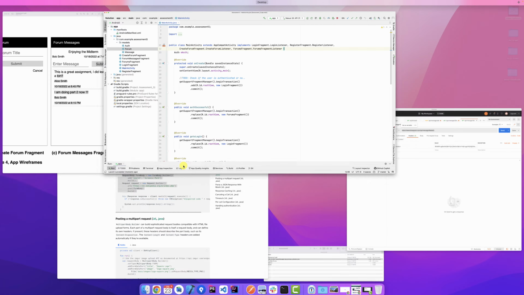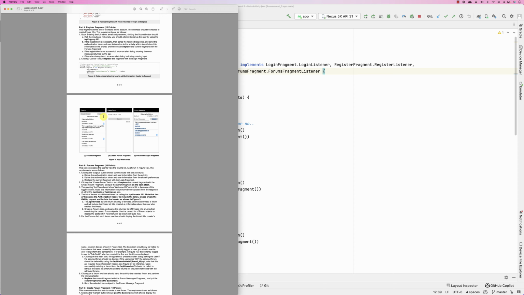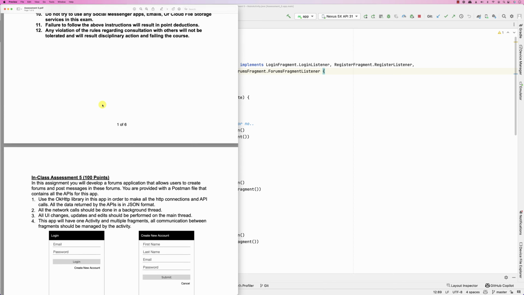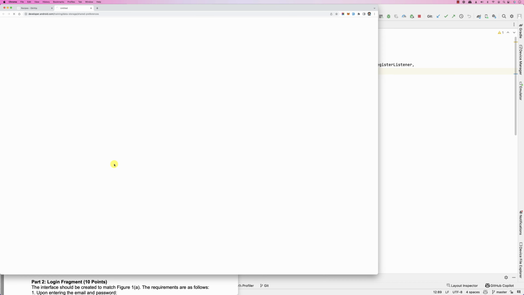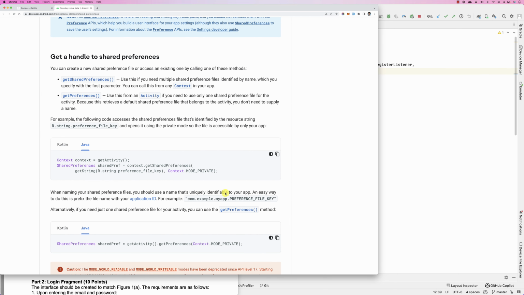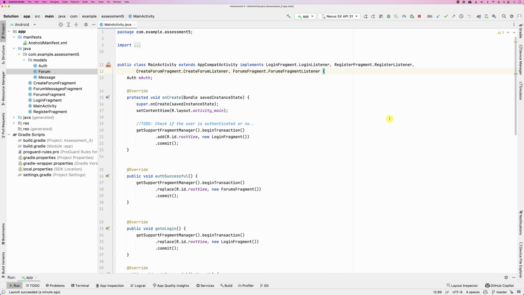So in order to do that, we're going to use something called shared preferences, which I put a link to. Basically, shared preferences is a file that's stored under the application folder, and it allows you to store data related to the app. It's a key value pair, right? So basically the code is very simple. There is a way to add something to the shared preference, and there is a way to read something from a shared preference. So basically I'm going to copy this code, and I will have the shared preference in the activity. So in the activity,